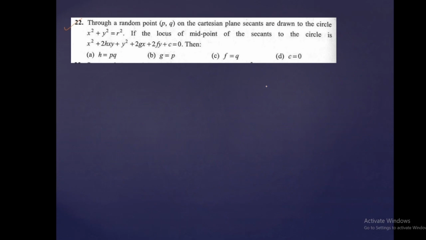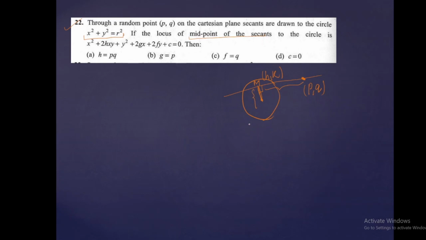It says that we have this circle. Here also you can see that the center is at the origin, okay, and we have this point P comma Q. It can be anywhere, so I have assumed it to be outside only. And here we have the origin. So again, we will be using the locus of the midpoint. Say this point is M, its coordinate will be h comma k, and this is point P comma Q. So we can write the slope of this line and the slope of this line, and the product